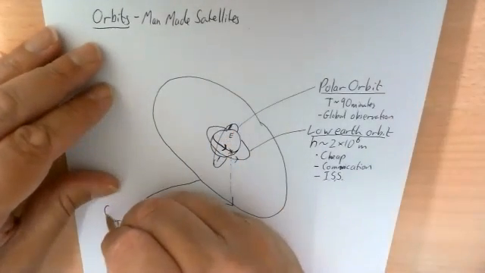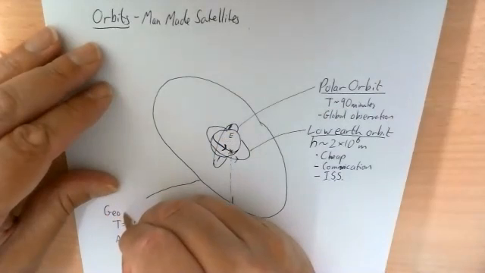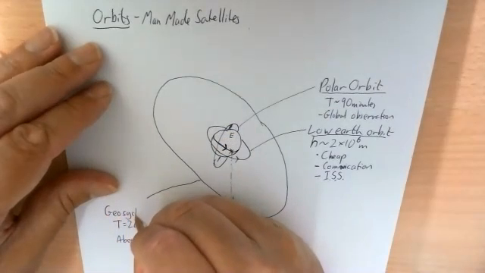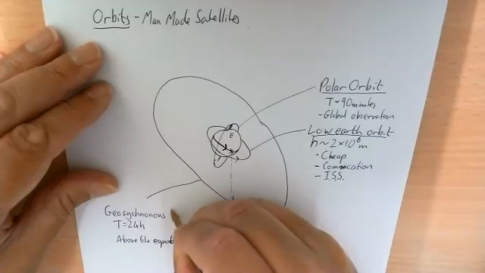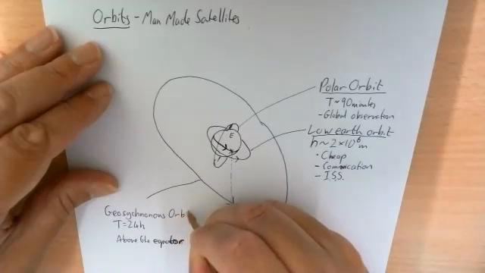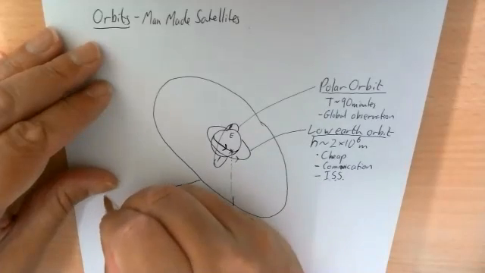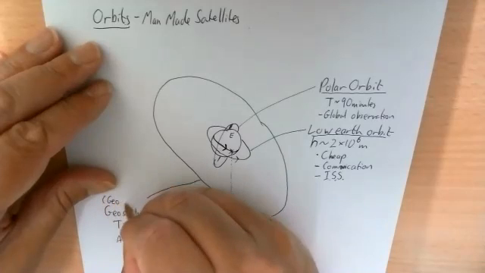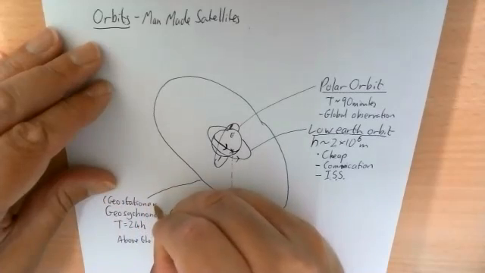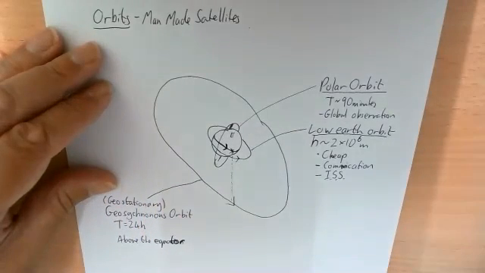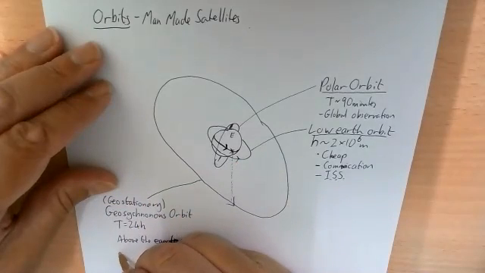So we call it geosynchronous. Another word we use for it sometimes is geostationary. So it's always pointing in the same direction. So that's what we use for things like